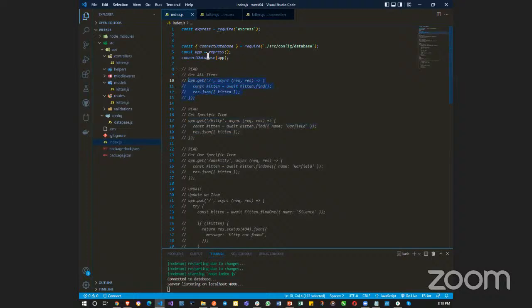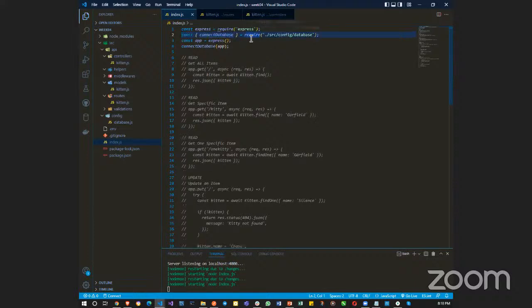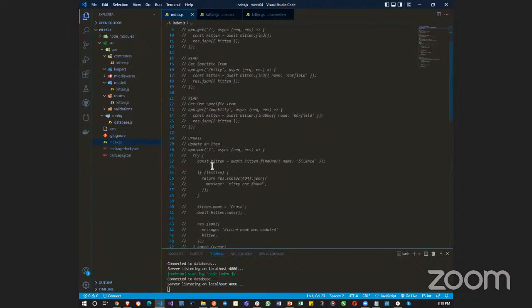So far, what we have done is require Express. We've done the connection to the database, functioning. We've instantiated the app here, connected to the database, which is working. And now what we want to do is